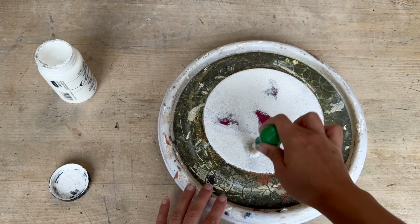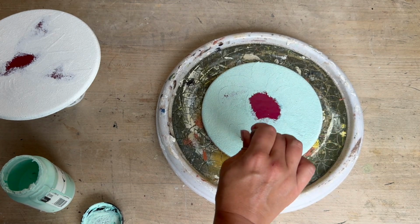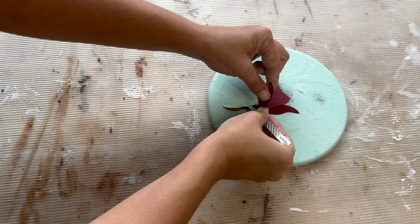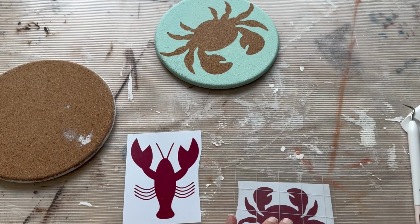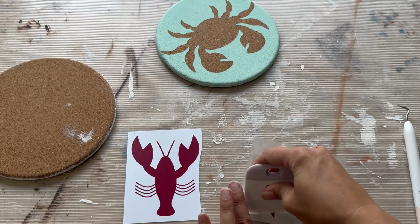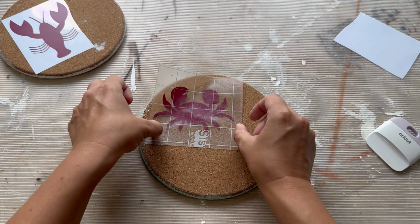Now, after that dries, you do want to apply a second coat to both of these cork pads. And then once the chalk paint has had enough time to set up, using a pair of tweezers, just carefully remove the vinyl image. Now you're going to want to repeat the same process, but this time with the smaller cutout vinyl images. So transfer those with transfer tape, burnishing it down really well,